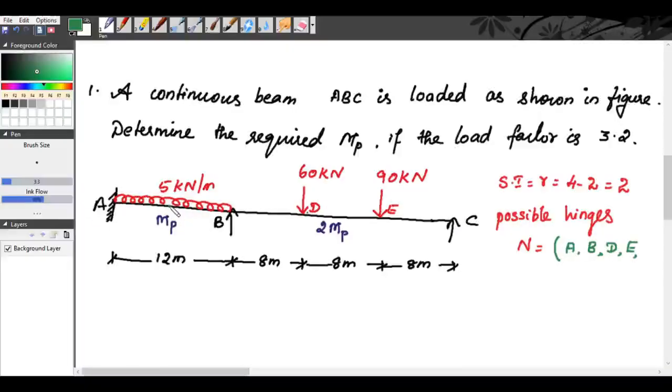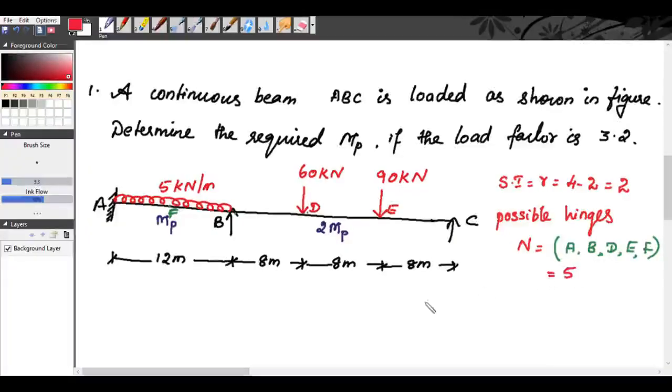a plastic hinge. So let us take that point as A, B, C, D, E, F. So at the F also you will have a plastic hinge. Okay. So the possibilities of hinges are at A, B, D, E. Since C is an exterior simple support, there will not be any plastic hinge, there will be a mechanical hinge. No plastic hinge will be formed here. Now, here in the span AB, where the maximum bending moment occurs, there you will have a hinge. So, it is at F. So, number of hinges will be equal to 5.